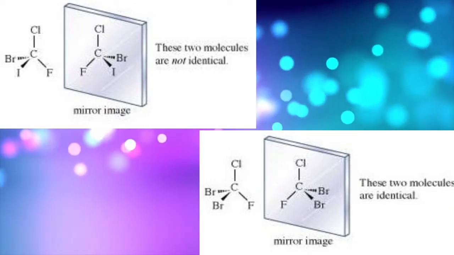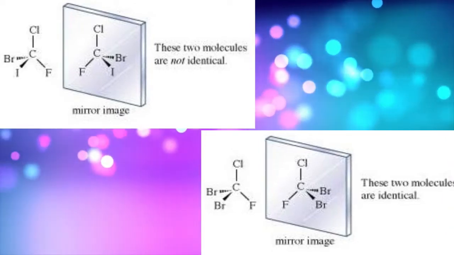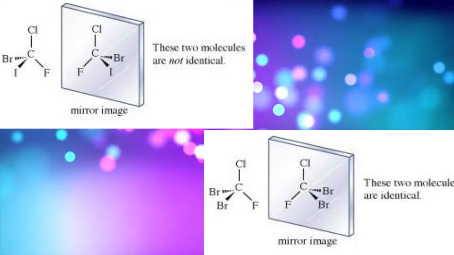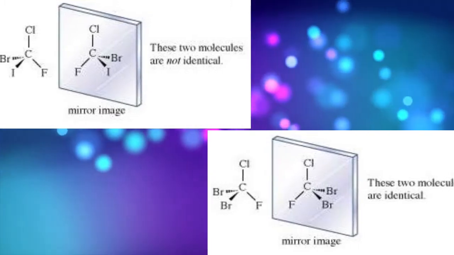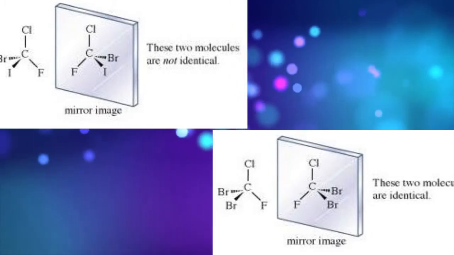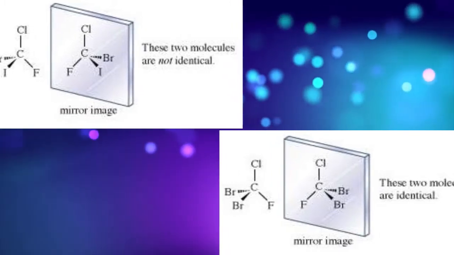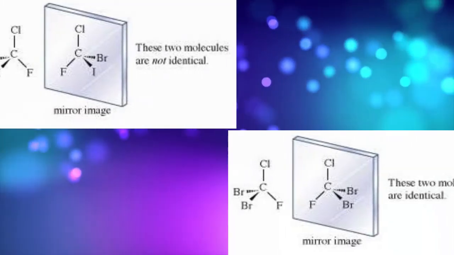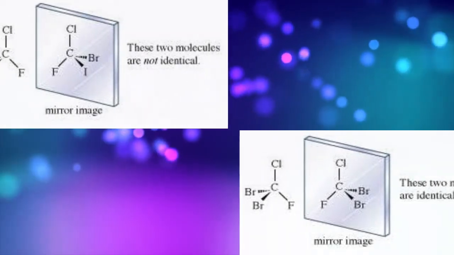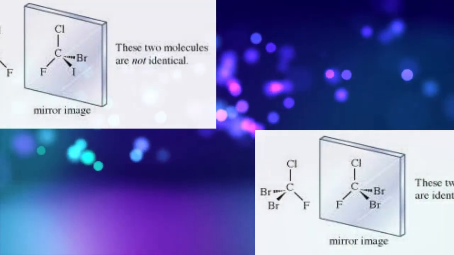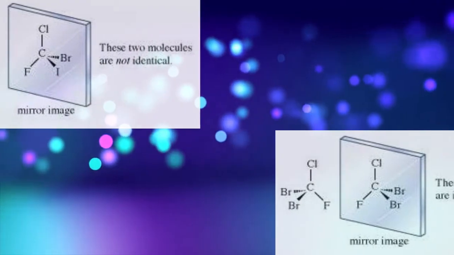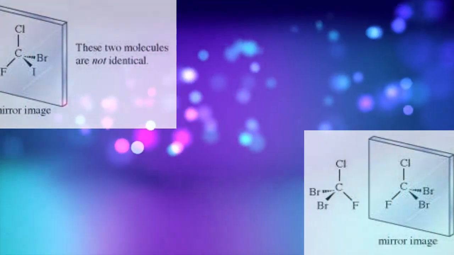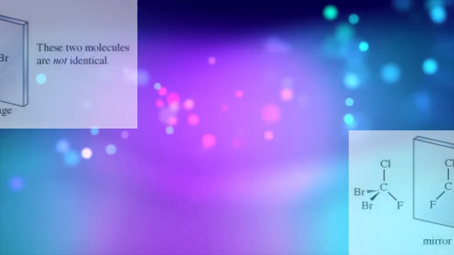But here, if you see the next one, these two molecules are identical. Why are they identical? Because it is prochiral. Here one is F, another is Cl, but the other two are F. That is, the center is not chiral, rather it is prochiral. Okay, that is something which is not chiral. Okay, right. So this way we are going to check whether the molecules are chiral or not. Right.